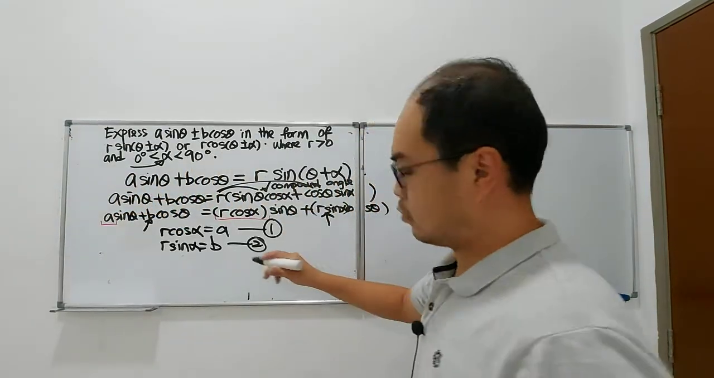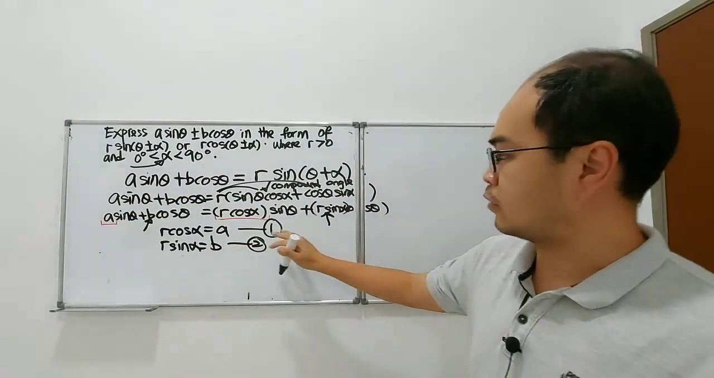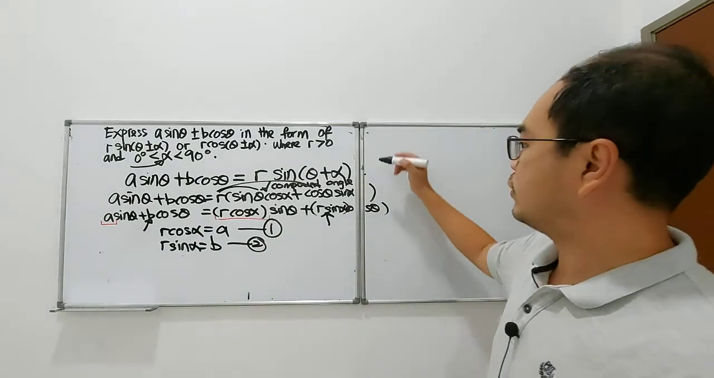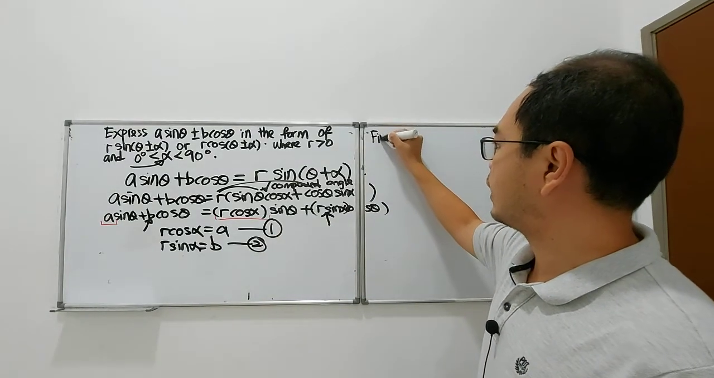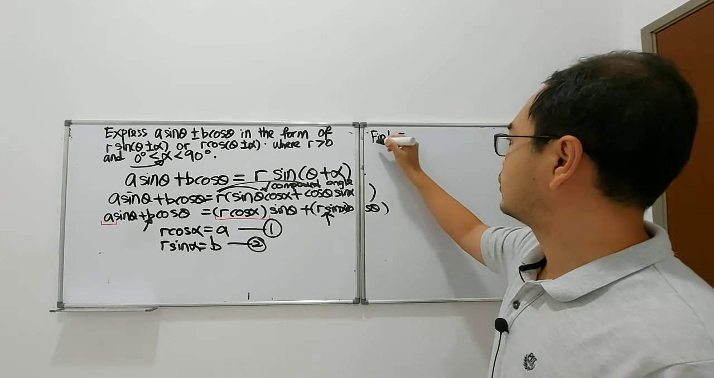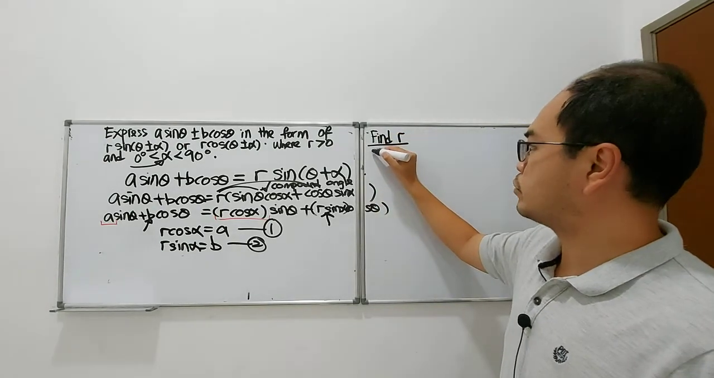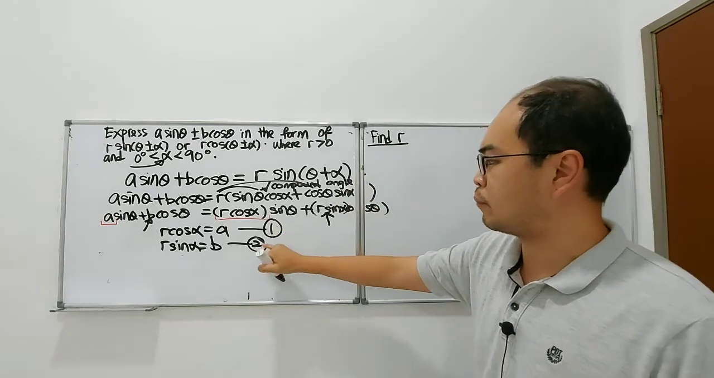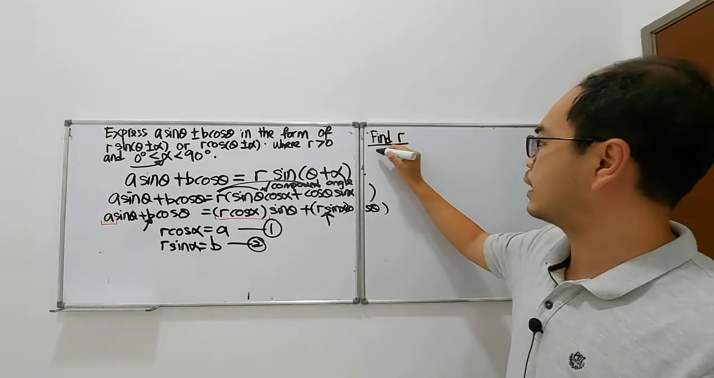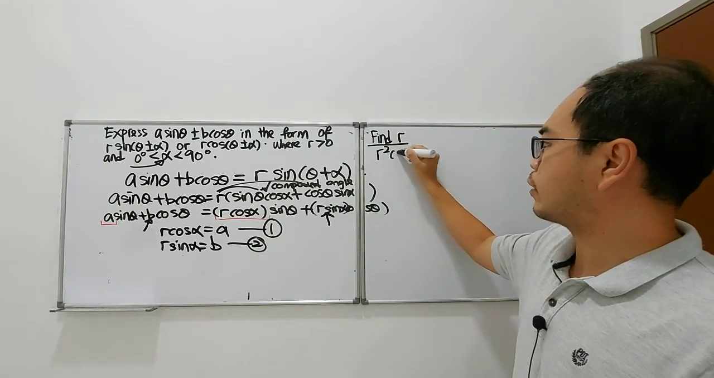Okay, let's look at how to use these two equations. At first, I want to find r. So how can I do it? I just take the square of equation 1 plus the square of equation 2, which means I square r cos alpha